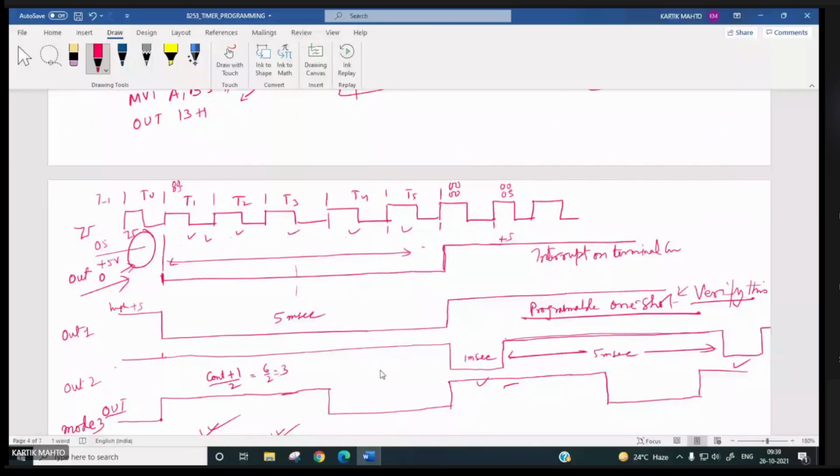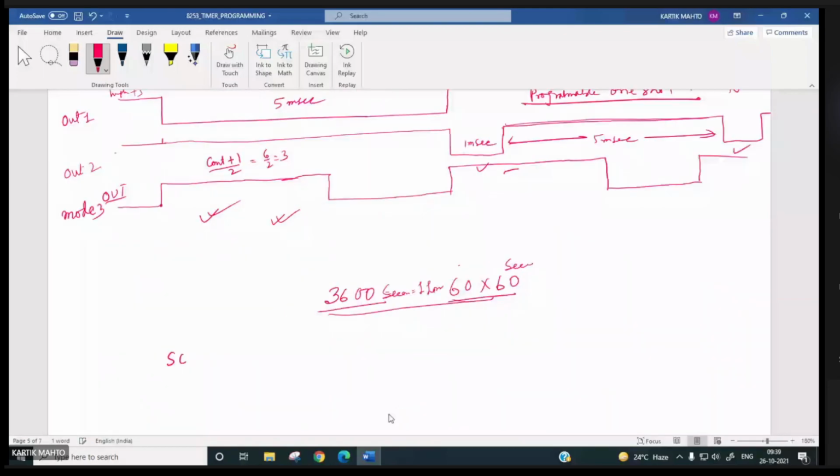SC1, SC0 will be 00, no? RL1, RL0 will be 1, 1, right? Then M2, M1, M0 is 0, 0, 0, mode 0, and the count we are putting in BCD, so this will be 1, right?